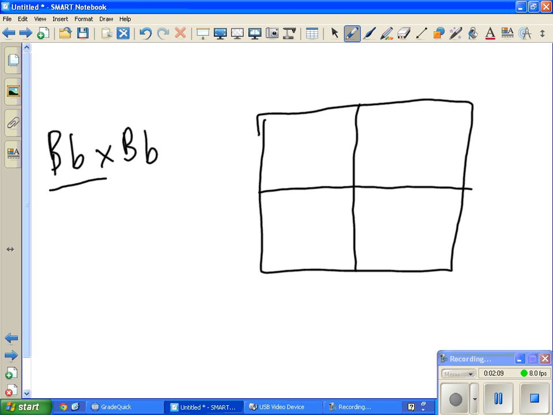And we know we're crossing two heterozygous parents. So what you do is you put one allele, start with the first parent, put one allele on top of each box. So one dominant allele here, one recessive allele here. Then you take the other parent and you go down the side, one dominant allele, one recessive allele,